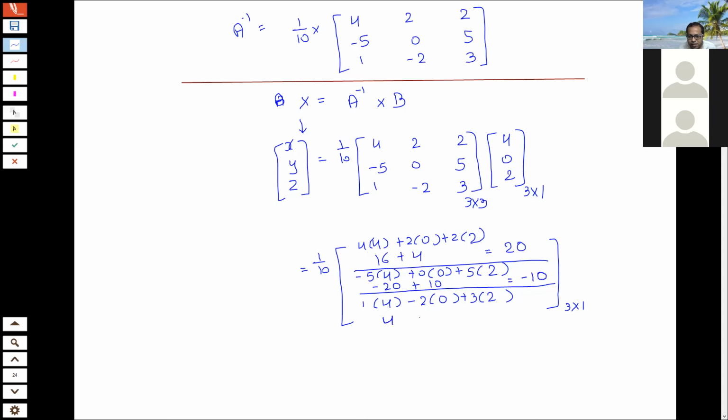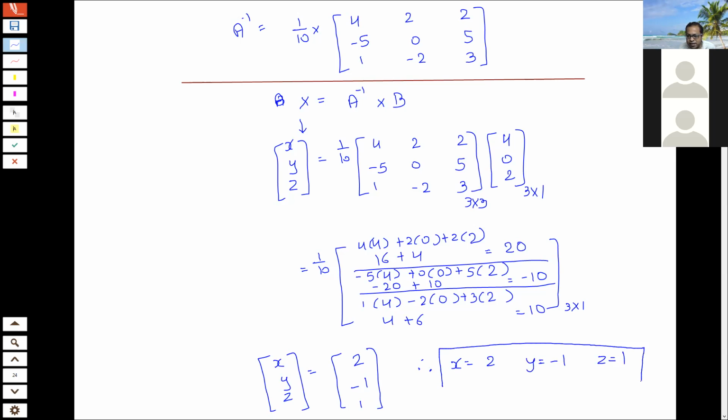Here it is 4 plus 6. It is 10. So we will multiply with 1 by 10. So 20 by 10, minus 10 by 10 and 10 by 10. So I am getting these 3 numbers, and here I have X, Y, Z. So on comparison, I can say that X is 2, Y is minus 1, and Z is 1. So this is the solution. Let's see whether